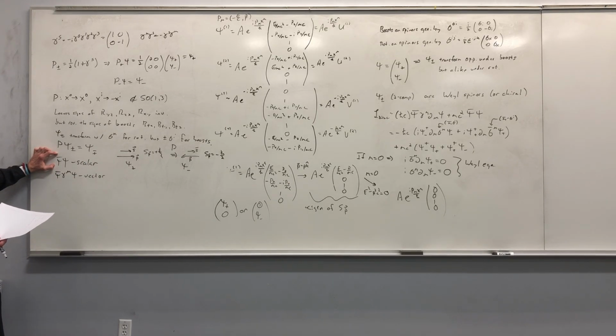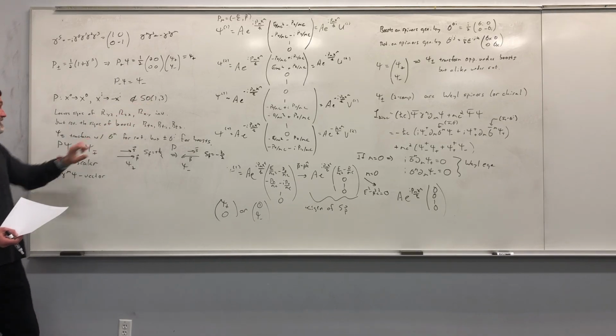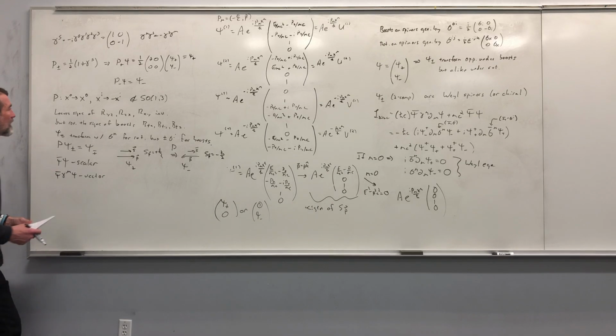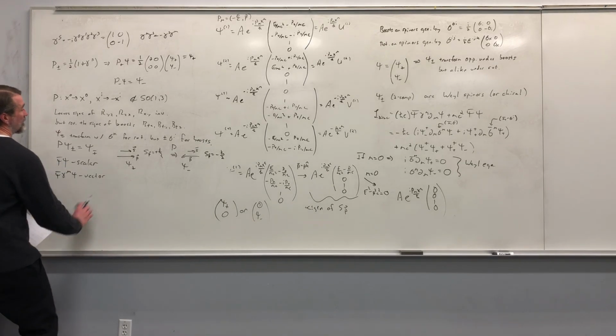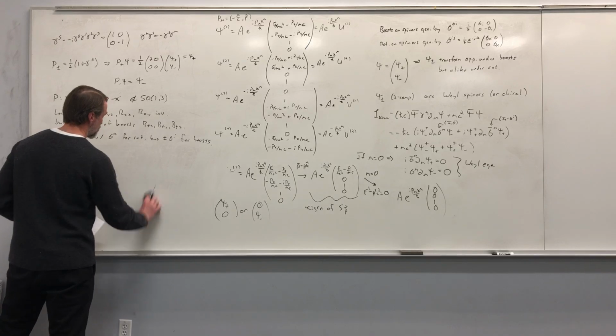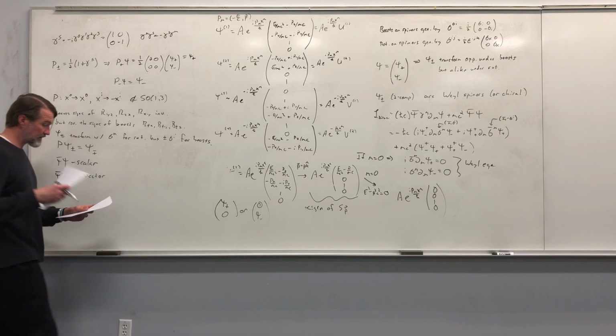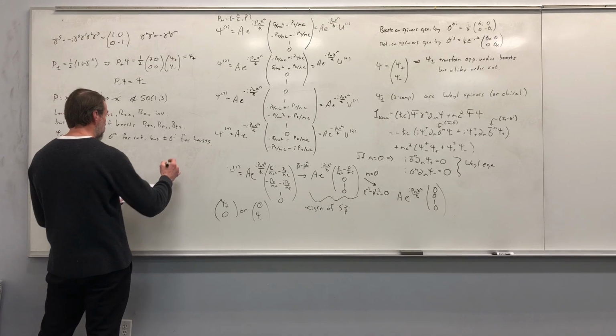SO(1,3)? Yeah, everything is based on this. So it's a scalar under SO(1,3). This is a vector under SO(1,3). But now we can ask, how does this transform under a parity transformation? Well, it turns out that one way of giving the spinorial definition of a parity transformation is we say